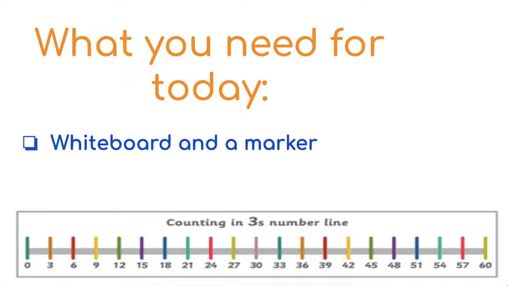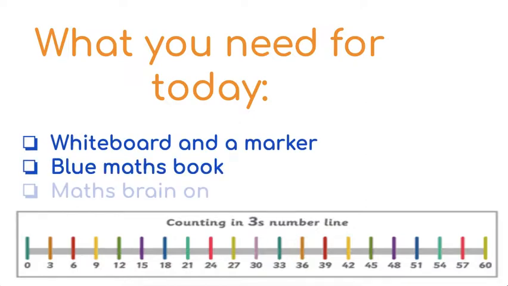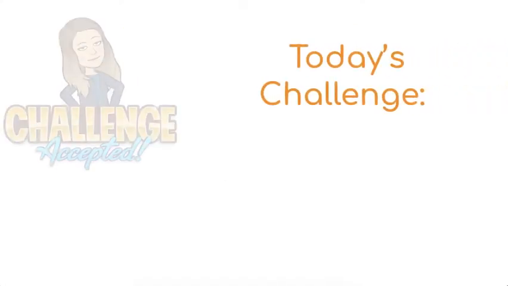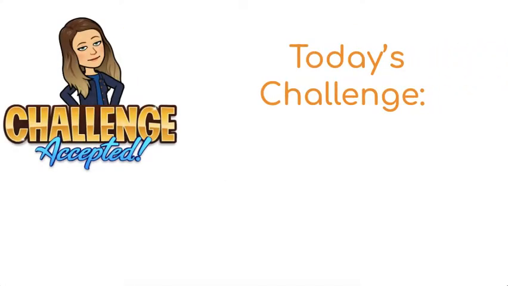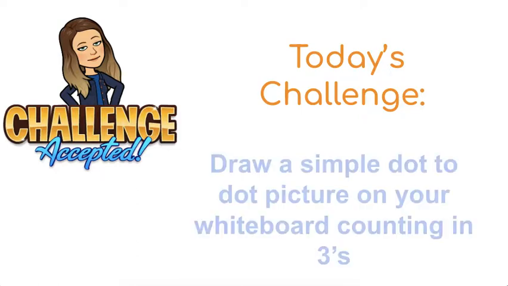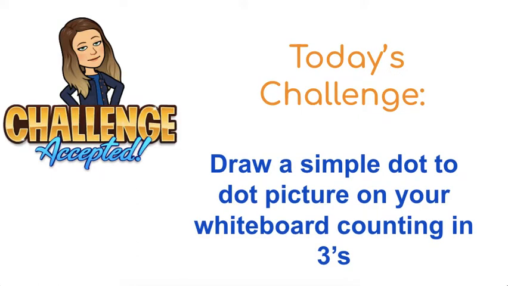What you need for today is a whiteboard and whiteboard marker, your blue maths books, and your maths brains on. So today's challenge, and I know you're all going to accept my challenge today, on your whiteboard you are going to draw a simple dot-to-dot picture counting in threes. This picture can just be a heart, it can be a flower, it can be a square. All I want to see is that it is counting in threes, and it makes some form of a picture. Then please send that picture onto your group so we can have a look that you accepted the